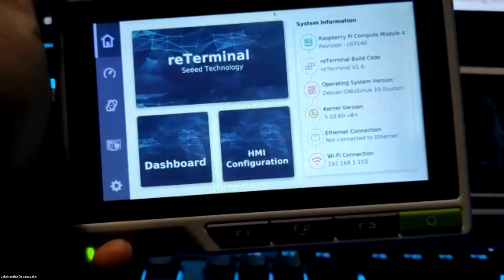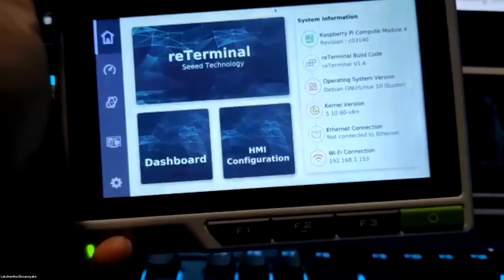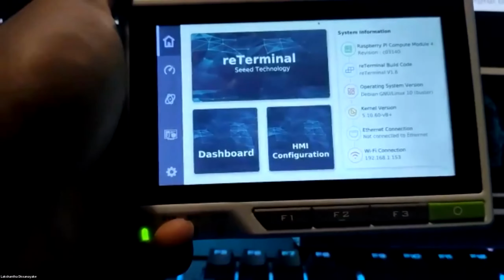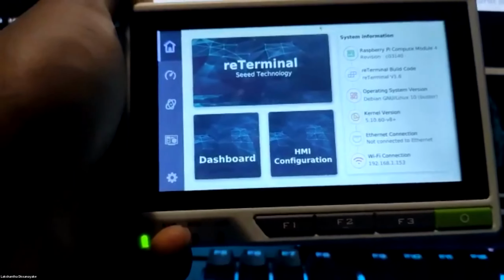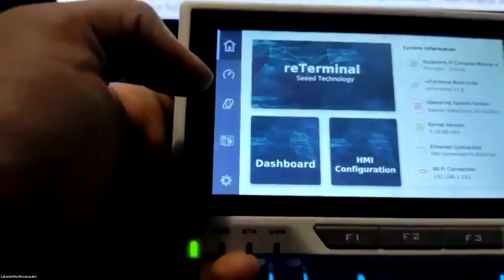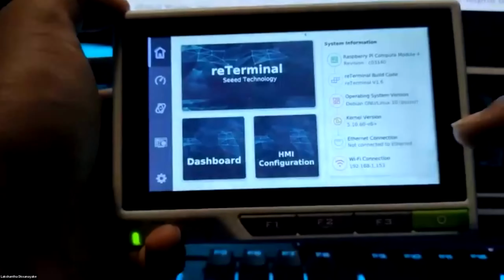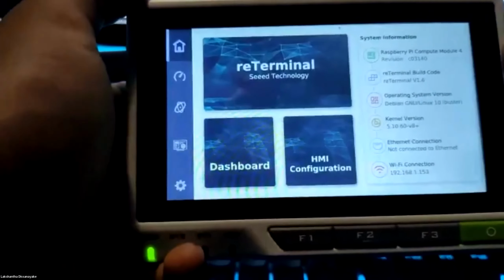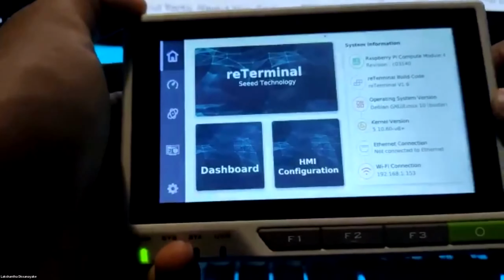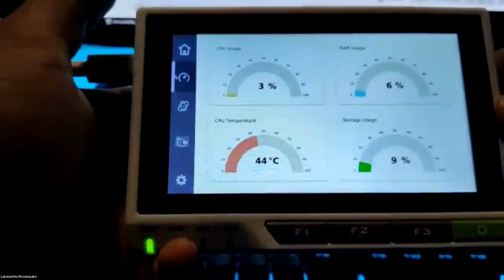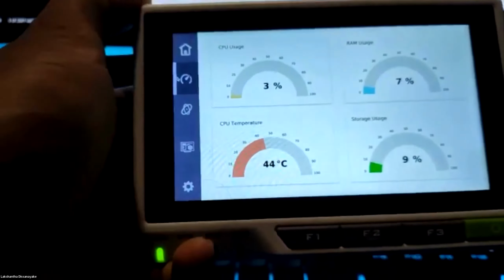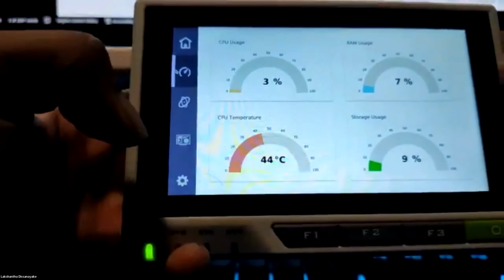Here we have developed this demo to check the device status, test device hardware, and change device settings. Moving on to the first page, we can see some system information at a glance, such as the CM4 hardware version, OS version, and the kernel version. On the next page, you can see some system resource usage gauges.